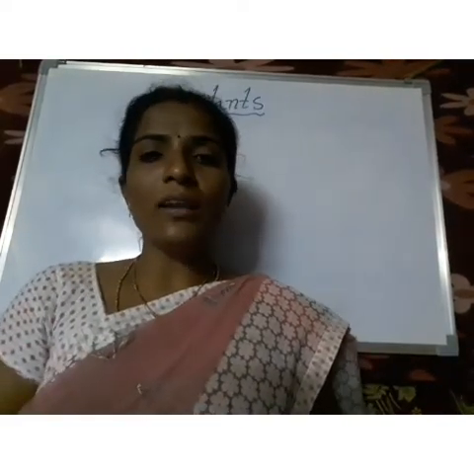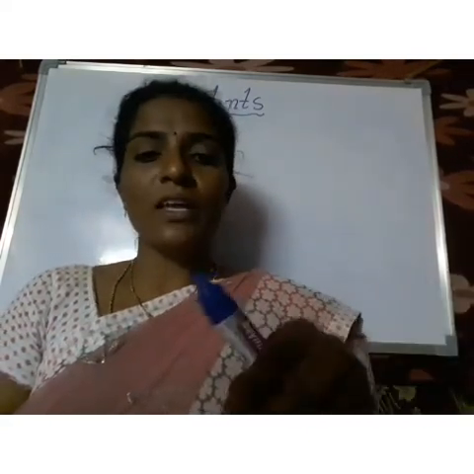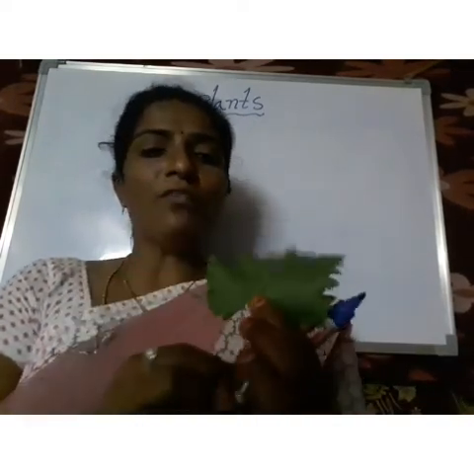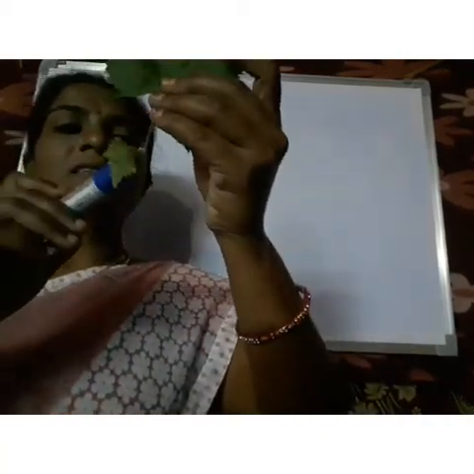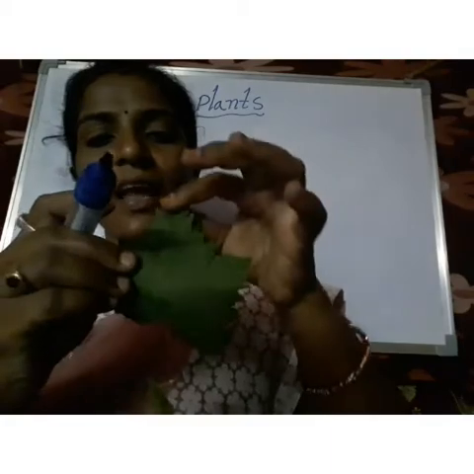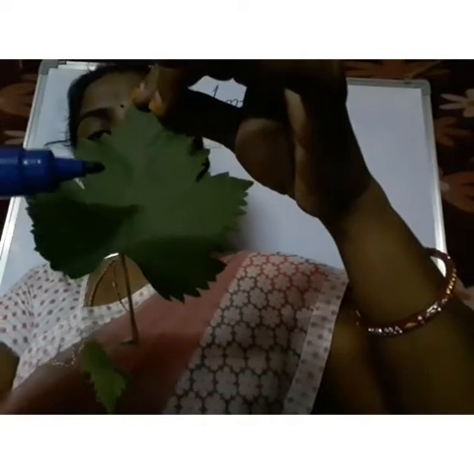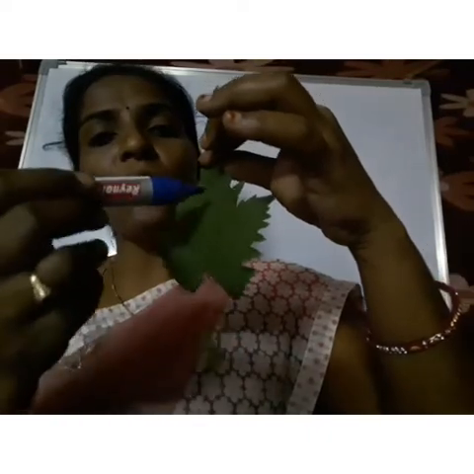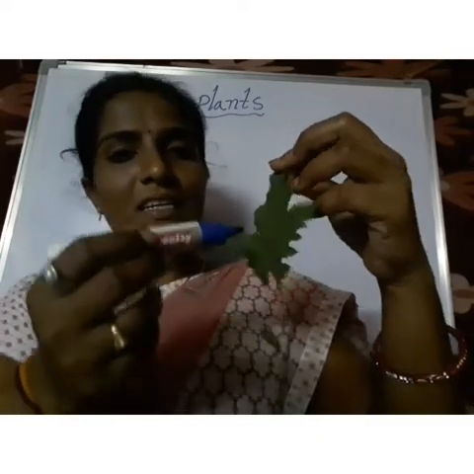Children, I hope you all understood about the parts of a leaf. Now come again, see the parts in this leaf. This is one more leaf. If you observe this leaf carefully, this is the petiole, and this thick line-like structure we call the midrib, and the small veins coming from that midrib we call side veins, and this full flat portion we call the leaf blade or lamina. It is green in color.